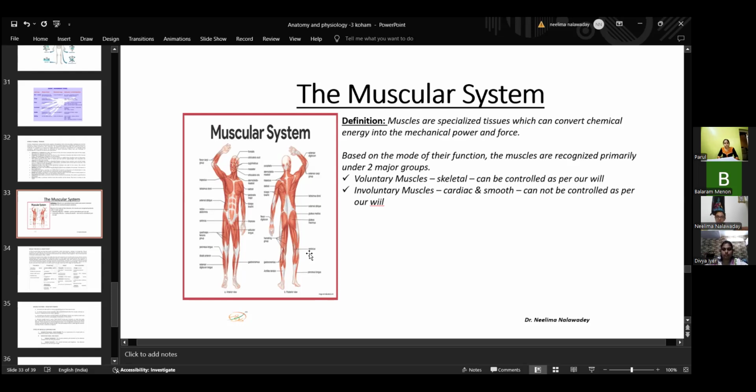And we are getting this energy from mitochondria. We saw cell and parts of cell. So that energy is in the form of ATP, ADP and everything. So we are getting it, and muscle tissues are converting it into mechanical power and force. Now muscles are voluntary and involuntary. Voluntary are skeletal muscles, involuntary are cardiac and smooth muscles. That we know. Now next is